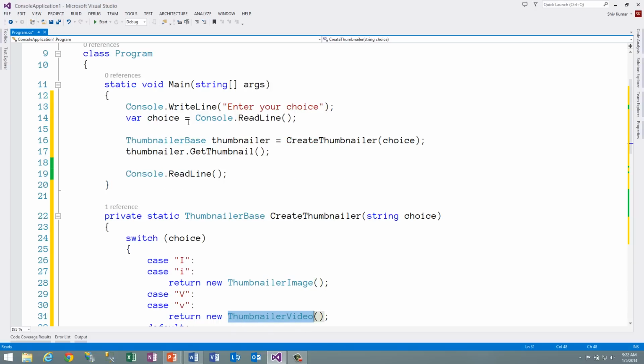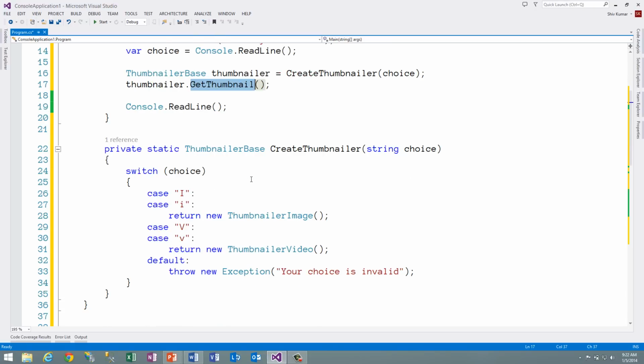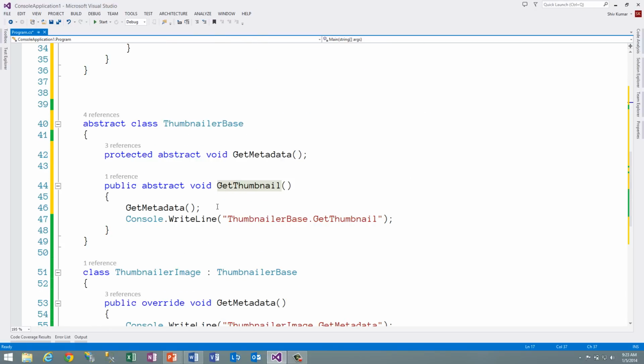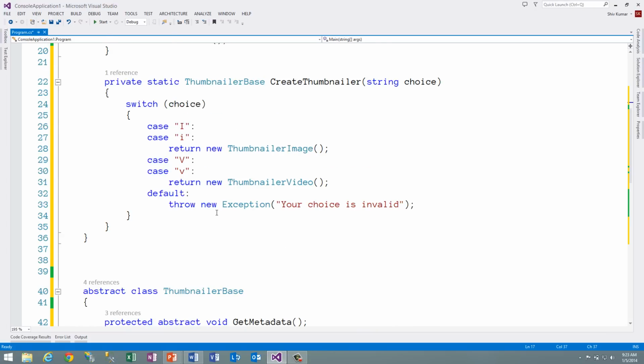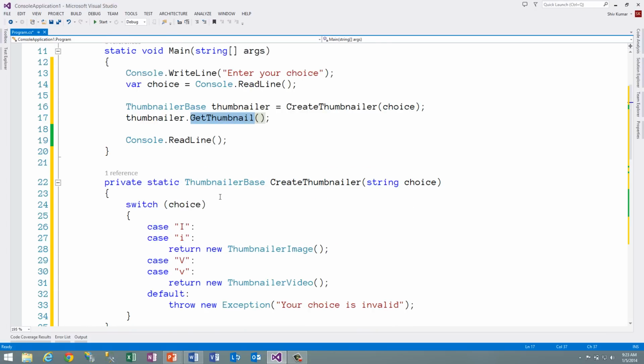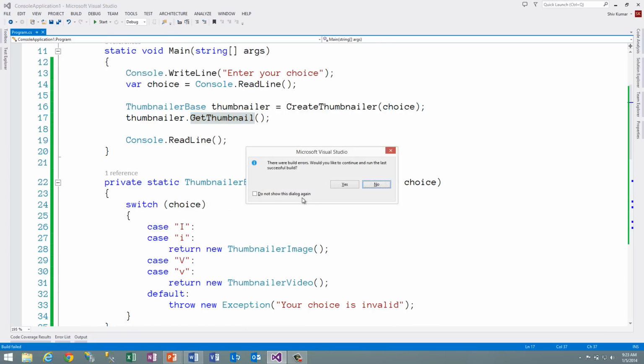And this thing is going to call GetThumbnail on it, which is a non-virtual method here in the base class. Let's see the behavior of this. So when I first type in, run it,